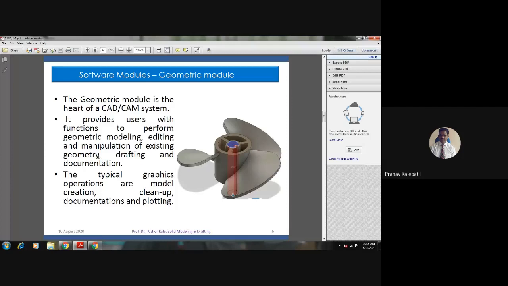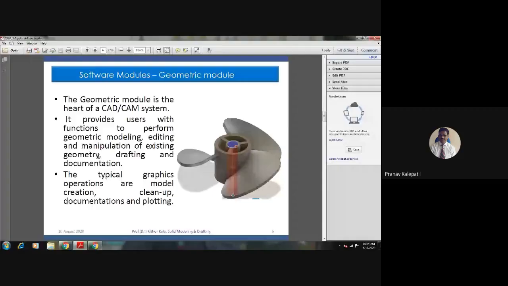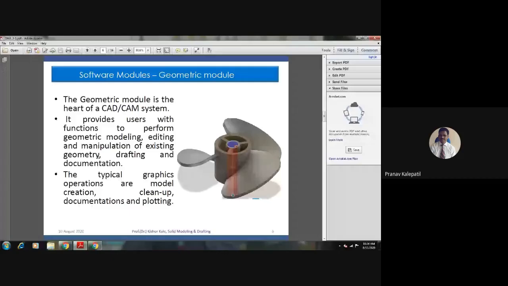Suppose you have designed a model and sent it for analysis, which checks whether it is correct, whether stresses are up to the level or not. You will learn that afterwards. But the engineer working on it comes and says, whatever size you have kept for this particular fan model, 20 or 30 millimeters, I want 35 millimeters.